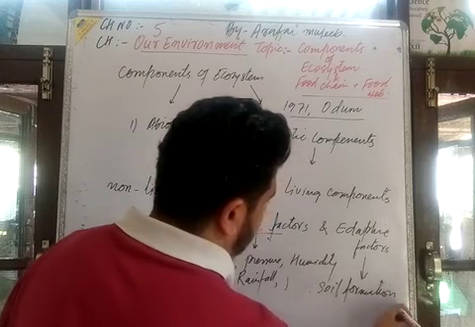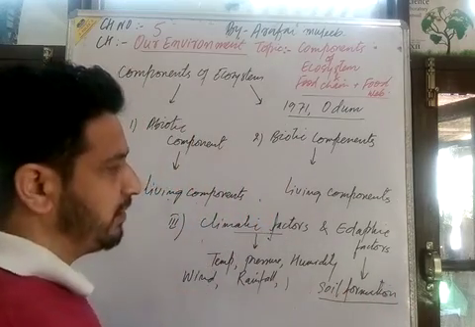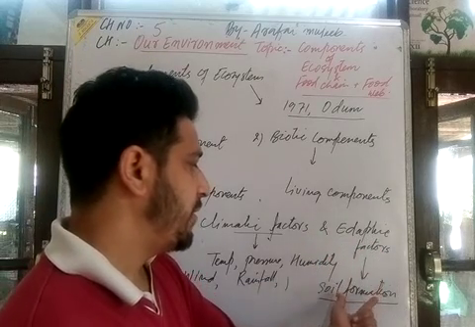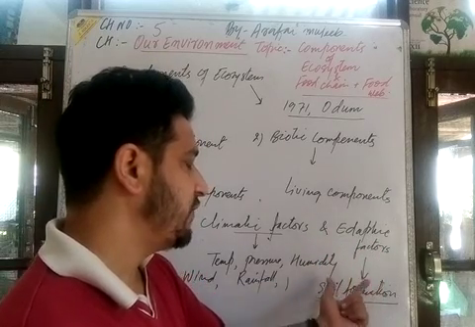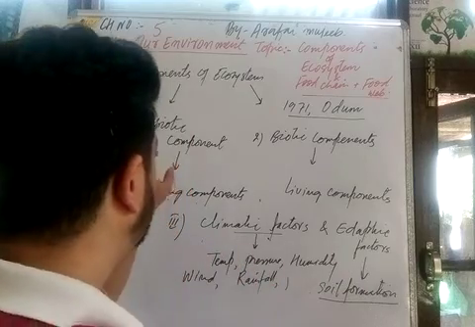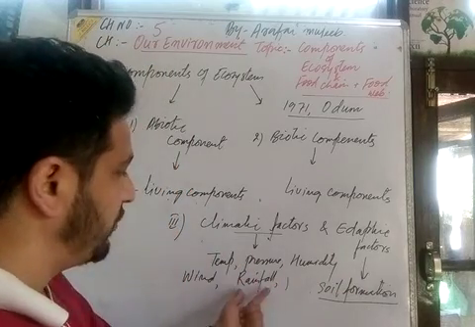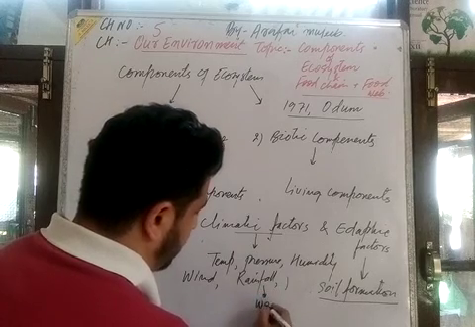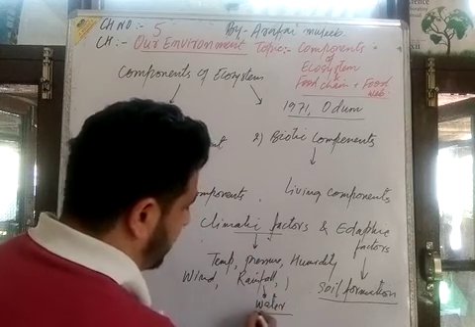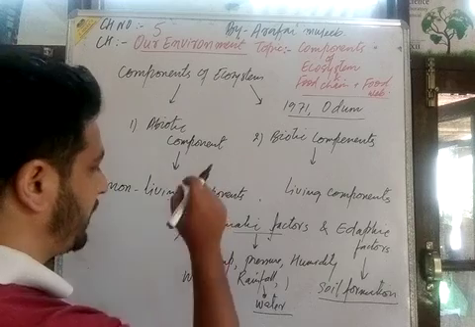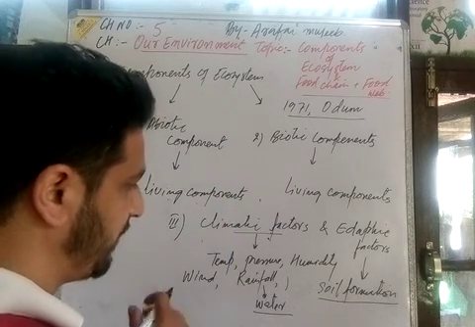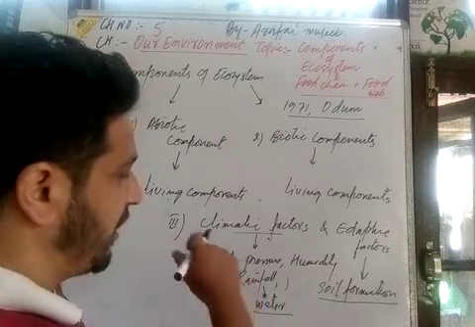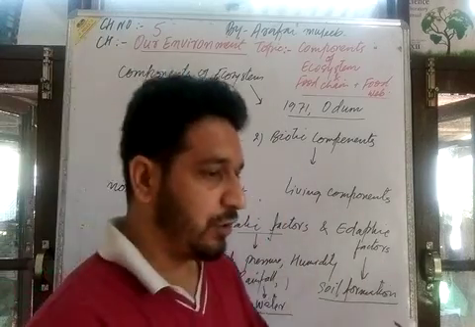जो edaphic factors होता है, those factors which are essential for the formation of soil, because soil is also an important part of the abiotic component. Because of rainfall there is water. When there is water, it is also an abiotic component, and due to the temperature, pressure, there is a regulation of